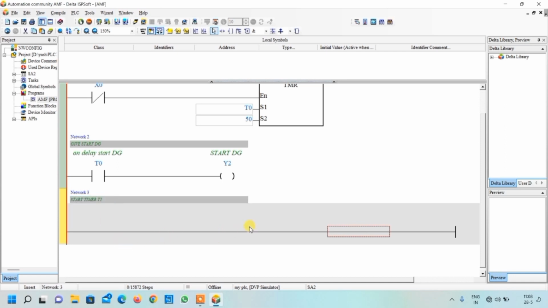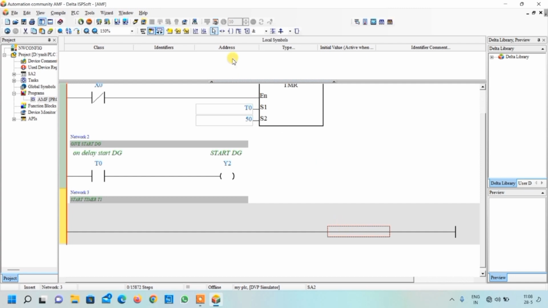This timer T1 is used to create delay to turn on DG contactor. So when this timer will be on, we have given start command to DG. Now we will sense whether the power supply from DG is available or not. So if the power supply from DG is available, we will wait for 10 seconds and then we will turn